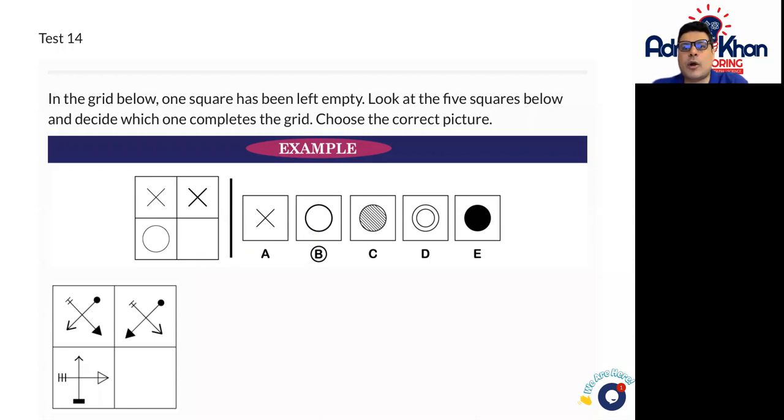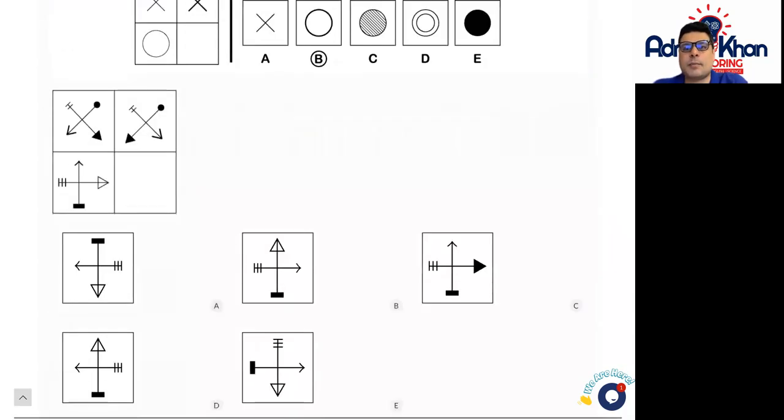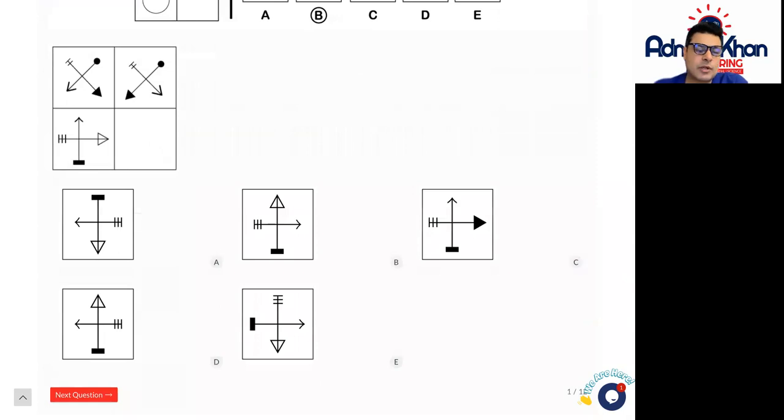Let's go to our main question and see what the patterns are here for us to actually work out how to work out these particular questions. So let's start from the top left-hand side here, the top left grid. So here we've got an arrow pointing to the left. Now, bottom left. So in this case, we've got an arrowhead in bold and we've got a circle. In our right square, we've got this same arrowhead pointing to the bottom left with a bold circle and a